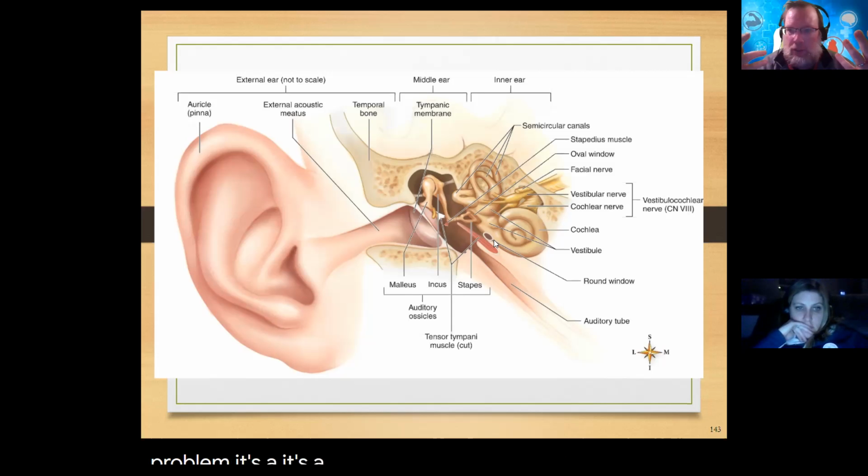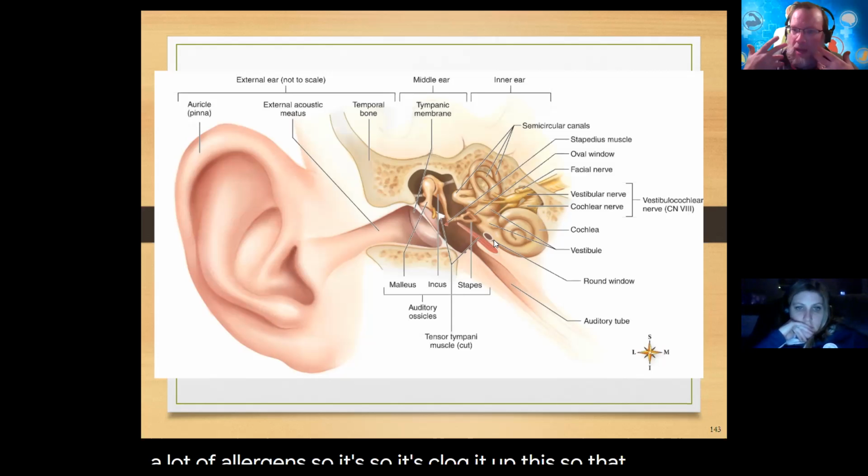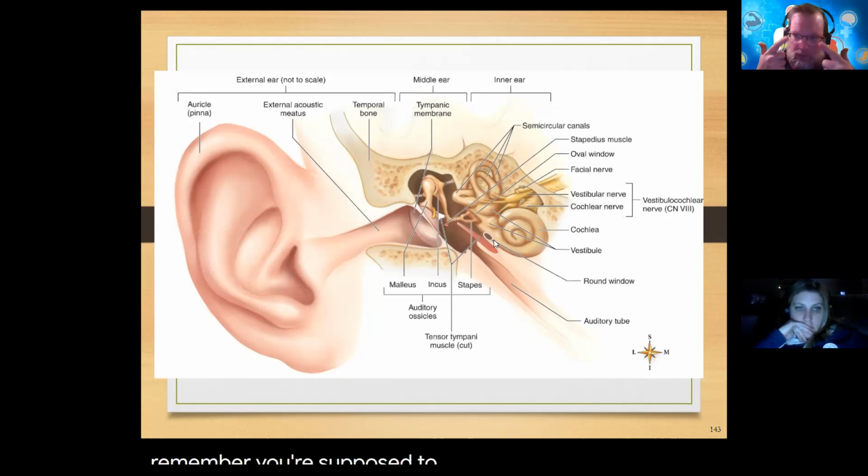It's an environmental issue. They could be around pets, a lot of dander, a lot of allergens. They could be consuming a lot of allergens, so it's clogging this up. Now they're breathing through their mouth all the time, and so the tonsils in the throat just get inflamed, because remember, you're supposed to be breathing through the nasal cavity, so you can allow those cilia, goblet cells,